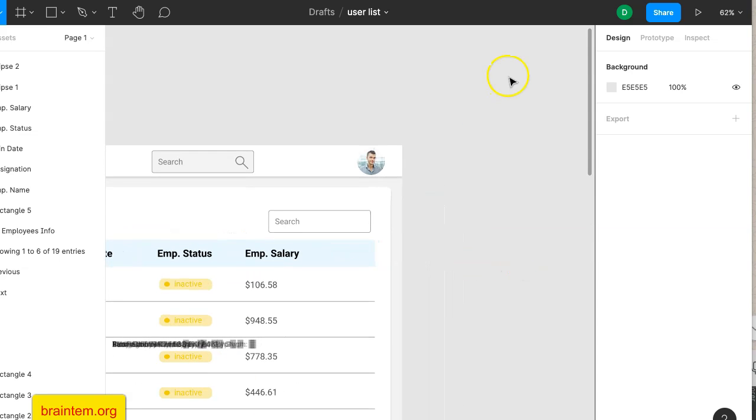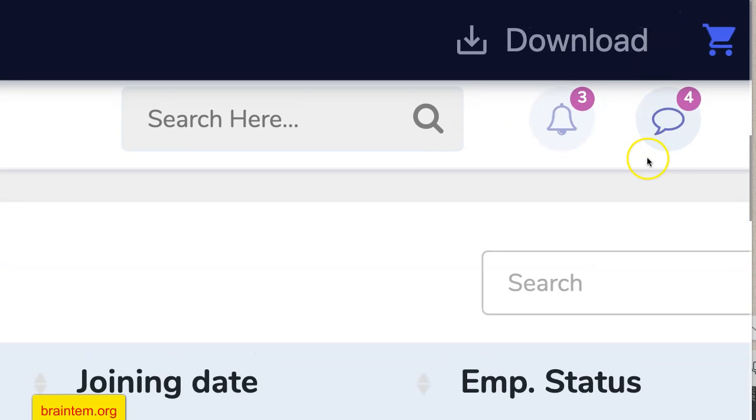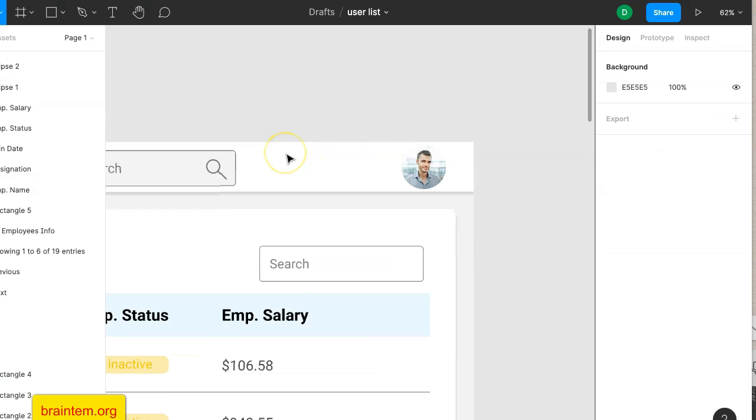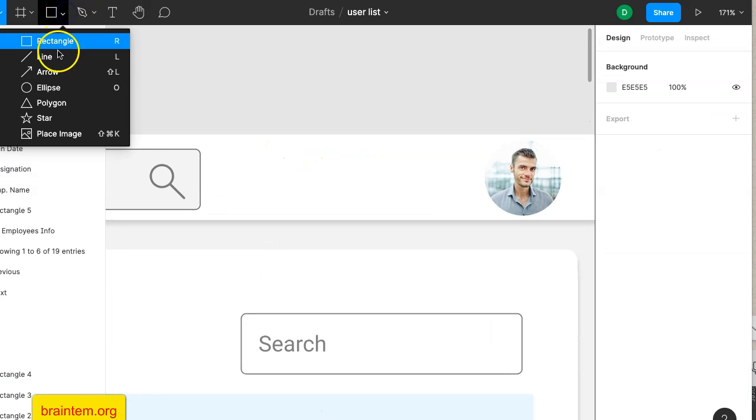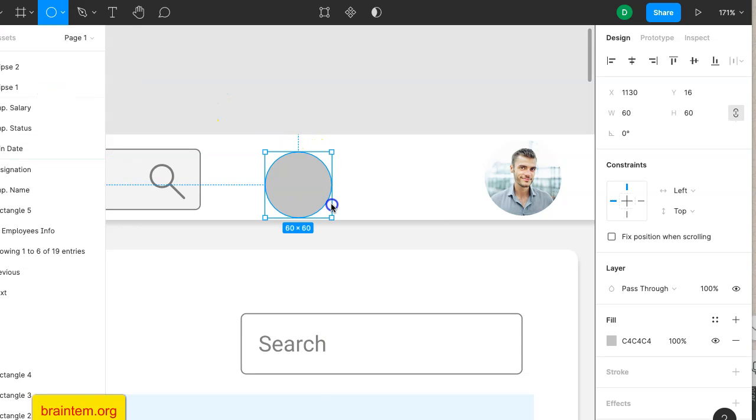Now there are other tiny little things we can do. For instance, here we can add these two icons, which are just a ringer, that's a bell icon, and an icon for a comment. Alright, so to do that we need a circle and then we need an icon inside it, and so we zoom in, we need a circle, an ellipse. We need an ellipse. Hold your shift key when drawing so that